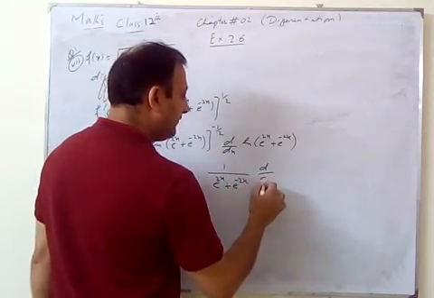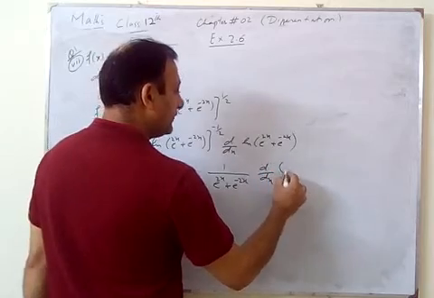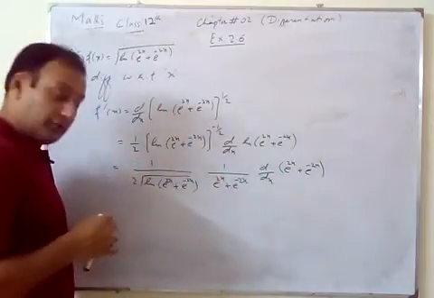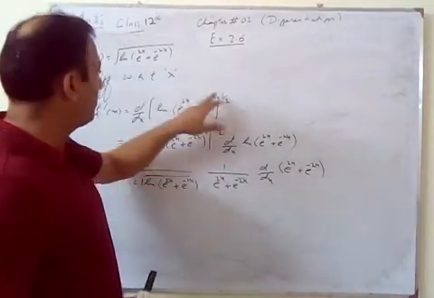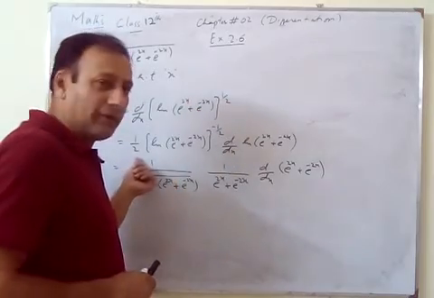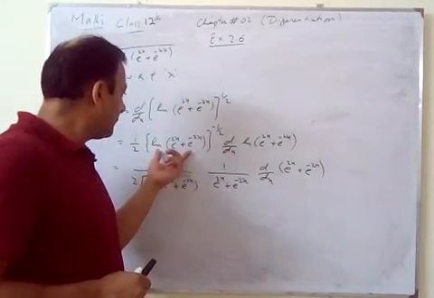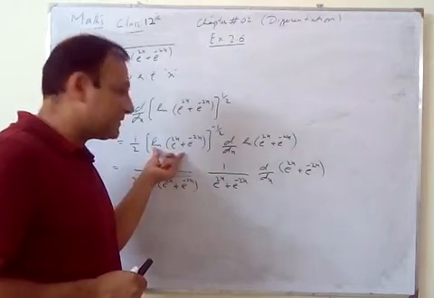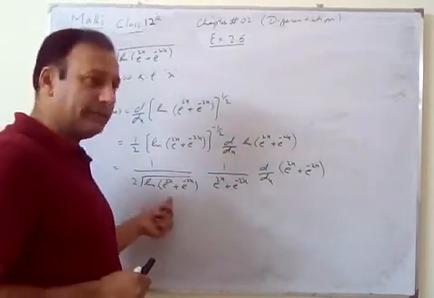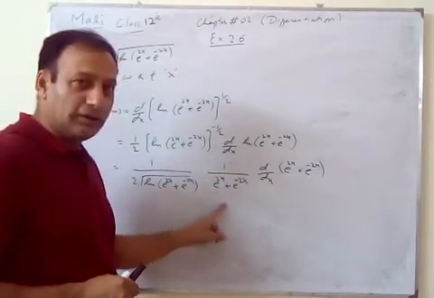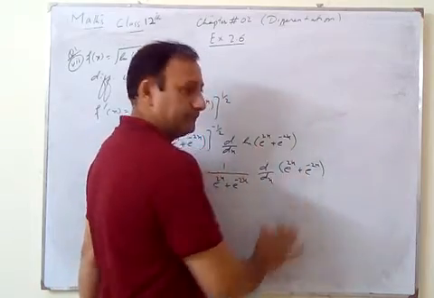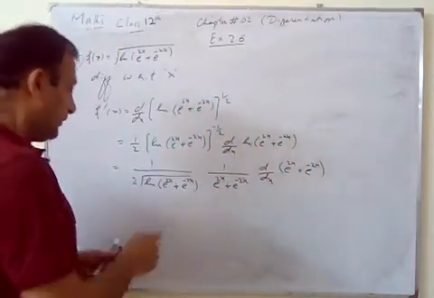Now the derivative of e^2x + e^-2x. Now try to understand this thing. First of all, whole power is there, so we differentiate the whole power first. Then come inside the bracket. A log function is there, so we take the derivative of log. So first the whole power, then the derivative of log. After that, the derivative of the function inside the log. So differentiate this one.